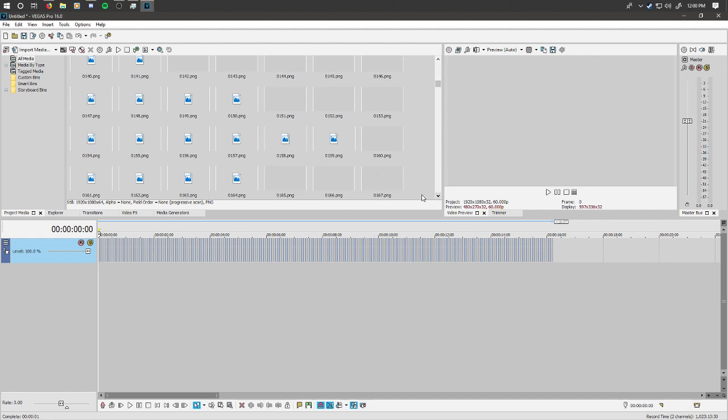Oh, is it a fade in I see? Or is that something on my screen? I don't remember. It looks like an S. It looks like that's the fade in there. 167.png. My gosh, I forgot how laggy this is.